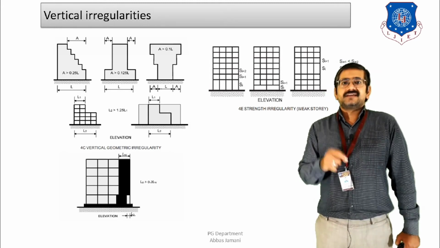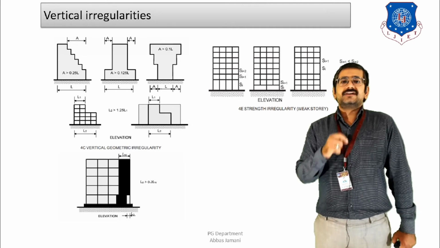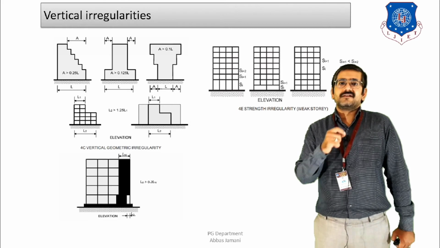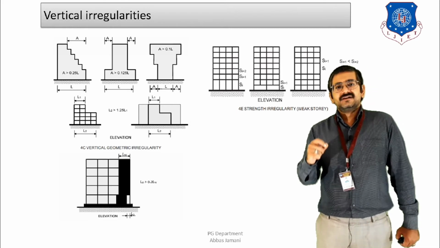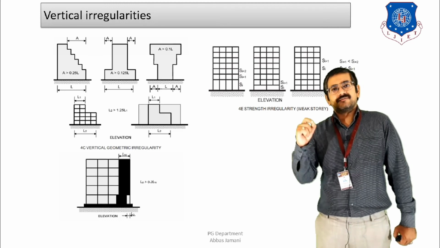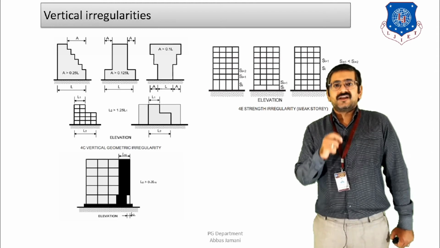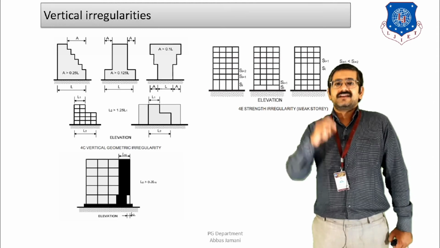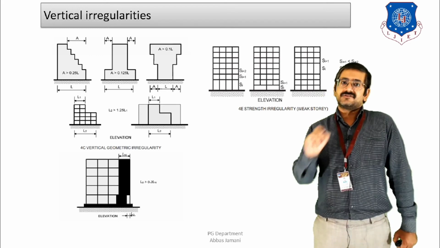And this type of element should be avoided in the structural configuration. However, the presence of this structural element can be allowed, but it should not be part of the primary lateral force resisting system. That is, if you have a moment resisting frame, which is going to carry the lateral loads from the top to the foundation level, it should not have the presence of a stub column. So these columns you can take as gravity columns, that is, they will carry only the axial load. They will not take any horizontal load, either in the x direction or the z direction.